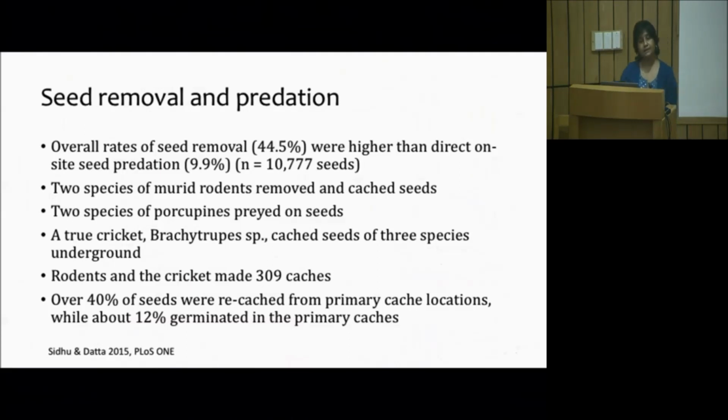We could not trace the fate of many of the tagged seeds, so the data was limited to around 4,000 seeds ultimately, I think. But even so, we found that 44% of the seeds were removed, and they were not subject to on-site seed predation. And our camera traps showed that while the two species of murid rodents removed and cached seeds, they took the seeds away from the seed plot,